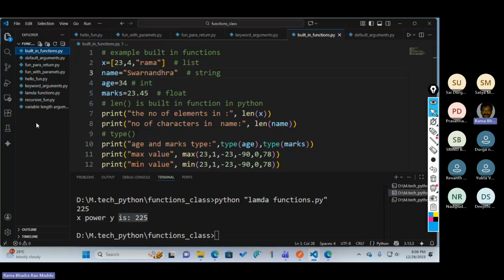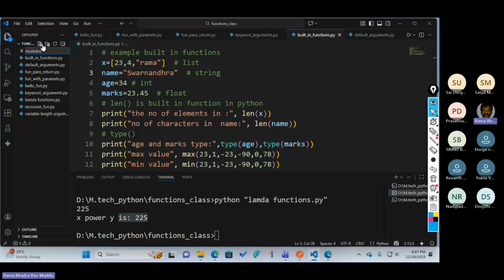If it is okay, can I continue with the Python modules? Modules are nothing but a collection of functions, which you can export and import.